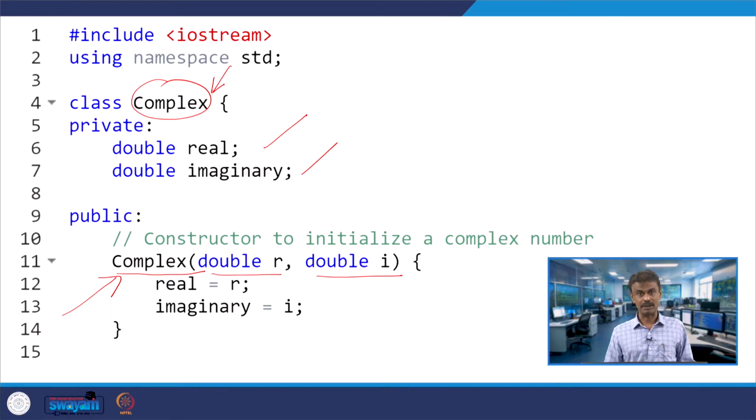Therefore, you call this a parameterized constructor. R will be initialized to real, and whatever you pass for I will be initialized to imaginary. So this is a special member function, a constructor, line number 11 to 14.